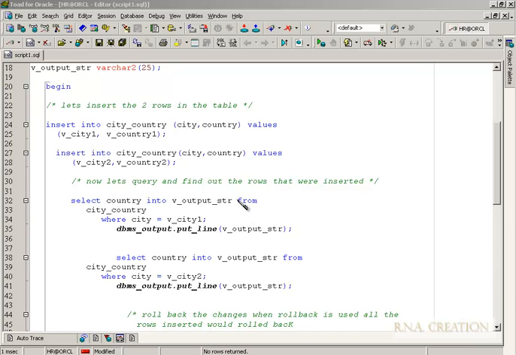Okay, now from city country is the table we inserted into. So this is exactly this table we actually defined before, created a table. This is what it is. Now let's,